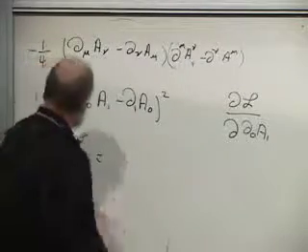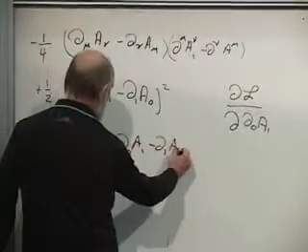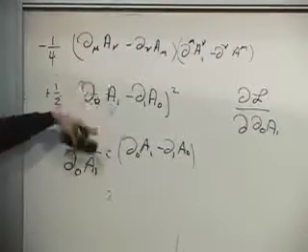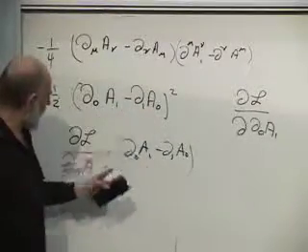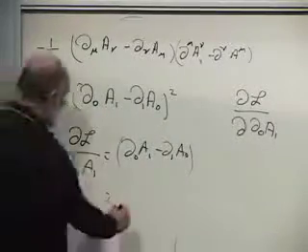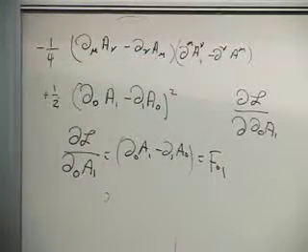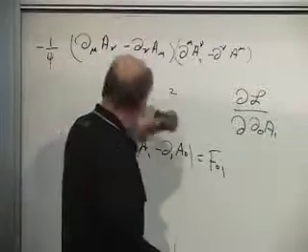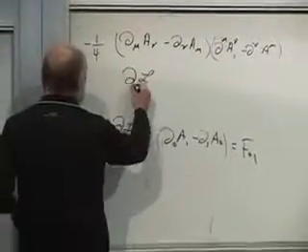And what else do you get? You get d naught a1 minus d1 a naught. The derivative with respect to this variable here, how do you do it? It's just the square of something. You just differentiate. You get twice the something. That's it. In other words, it's just f naught 1. All right, that's generalizable very easily. I'll write down what the general formula is. If I differentiate the Lagrangian